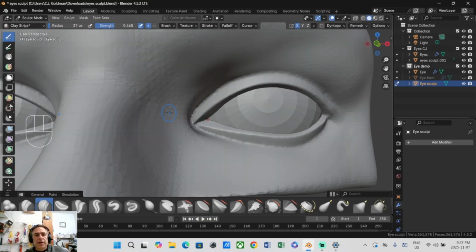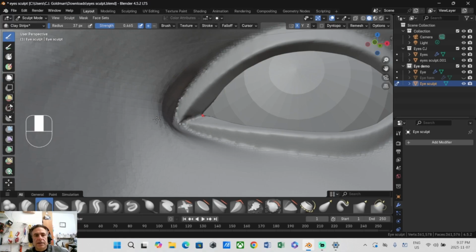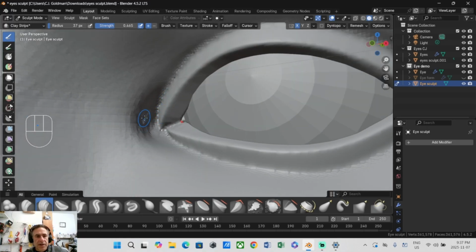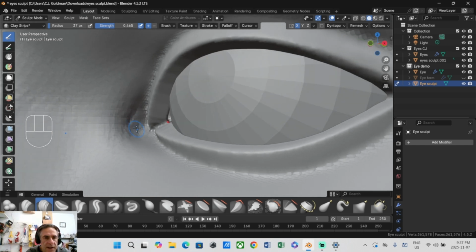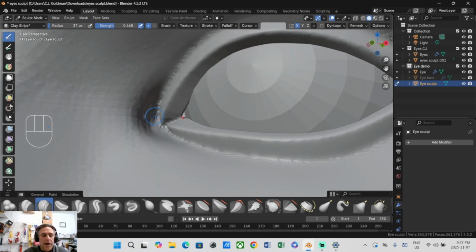Okay, let's do the tear duct. So first thing is the tear duct is going to basically bridge these things together by building it up slightly on the inside part here. We could use the clay brush. That's probably going to work pretty well just to get us some clay like that. And then I'll put the smooth brush quite strong for now, but small, so I can blend these two sections together a little bit. There we go. So here's my clay brush,